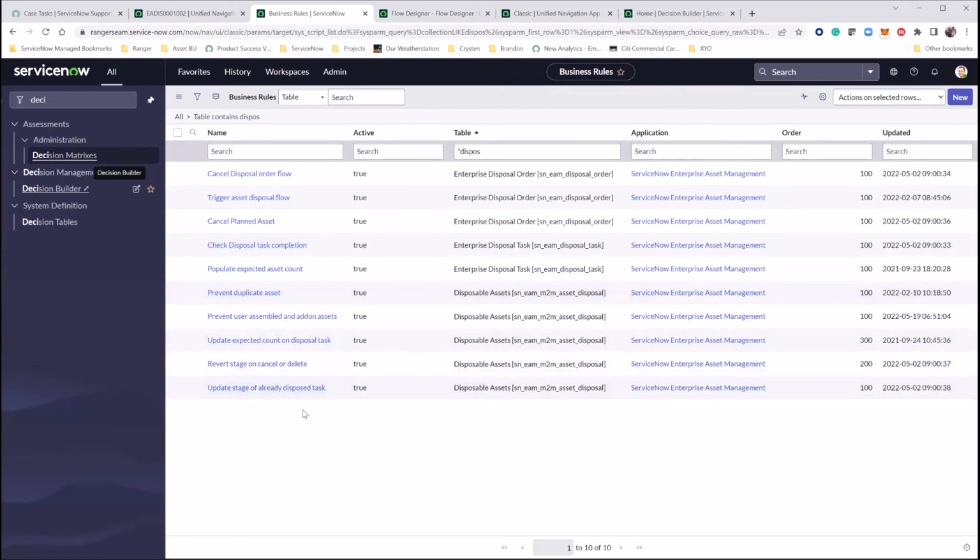Each one of these business rules has a purpose. I want to call out this one: prevent user assembled and add-on assets. We want to make sure that we do not have user assembled or add-on assets, which are essentially multi-component assets that are part of this enterprise asset management. We do not want those to be disposed as a unit. We want those to be disposed as individual assets. If this were a different type of multi-component asset that came pre-configured from the vendor, then that would be okay. We could send that out as a single